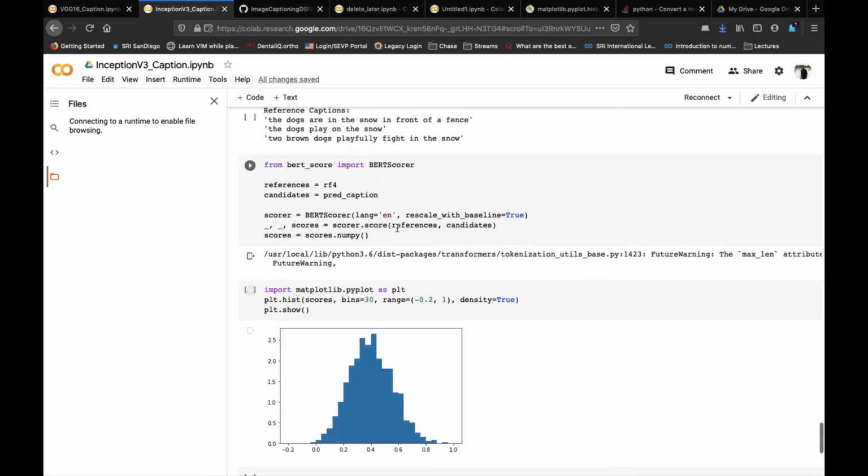That is one file that contains the captions that we are comparing with the predicted captions. We see that there are a few values on the higher end of the scale, which means that Inception is doing a pretty good job of the prediction of captions.